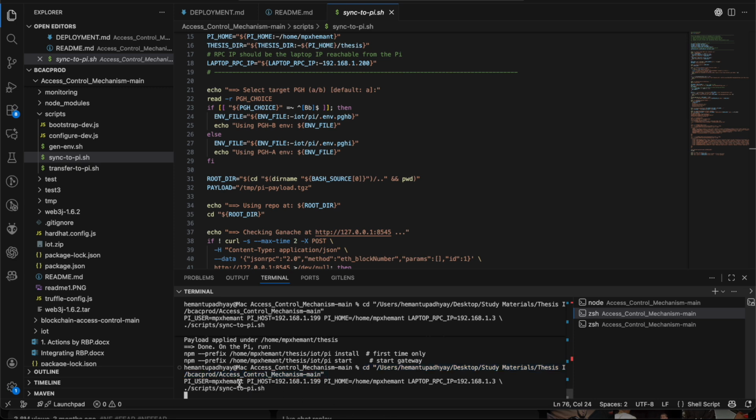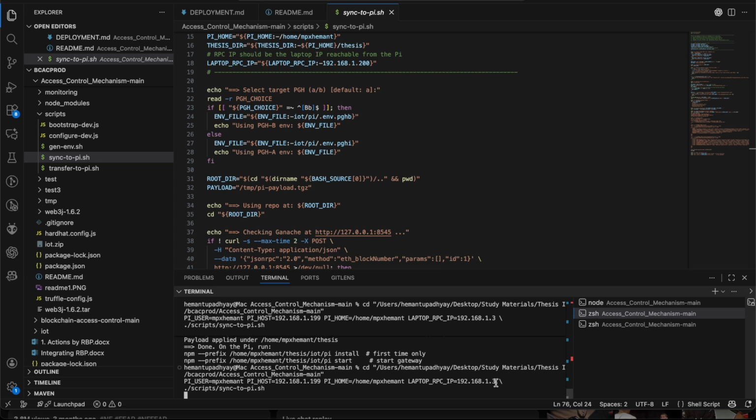Once you've done that, you need to enter the username of the Raspberry Pi and the private IP address that's there. That's going to be the Pi host address. And then you're going to go to the file path of where you've stored the repository. And then you're also going to enter the IP address for the laptop, where specifically we're going to append this with the port 8545 so that the primary group head is aware of the IP address it needs to communicate